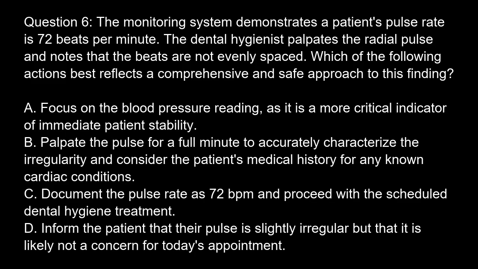Question 6. The monitoring system demonstrates a patient's pulse rate is 72 beats per minute. The dental hygienist palpates the radial pulse and notes that the beats are not evenly spaced. Which of the following actions best reflects a comprehensive and safe approach to this finding? Option A. Focus on the blood pressure reading, as it is a more critical indicator of immediate patient stability. Option B. Palpate the pulse for a full minute to accurately characterize the irregularity and consider the patient's medical history